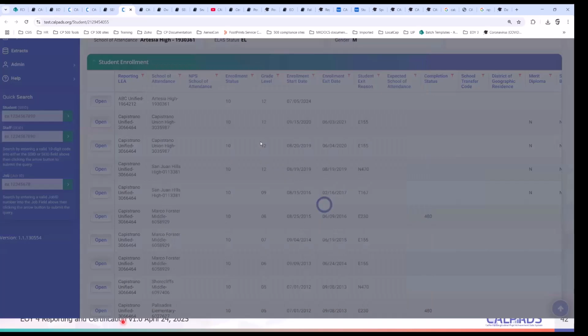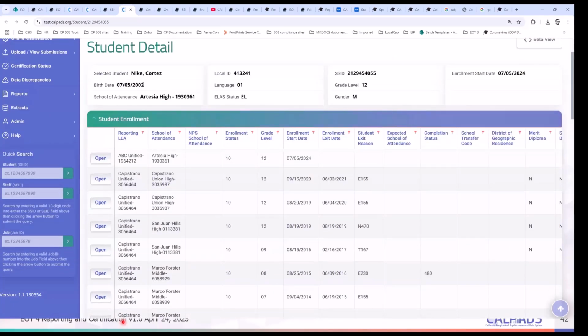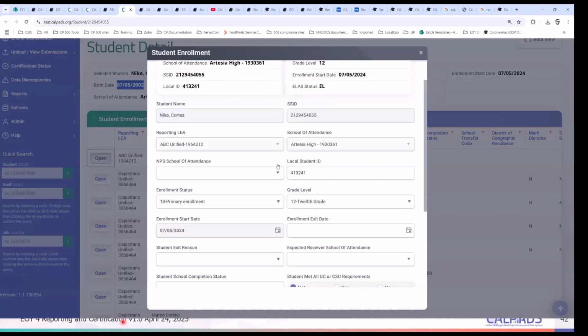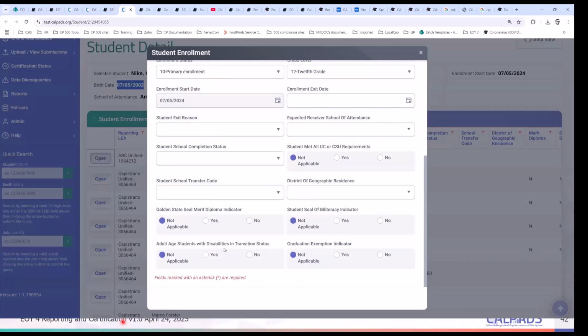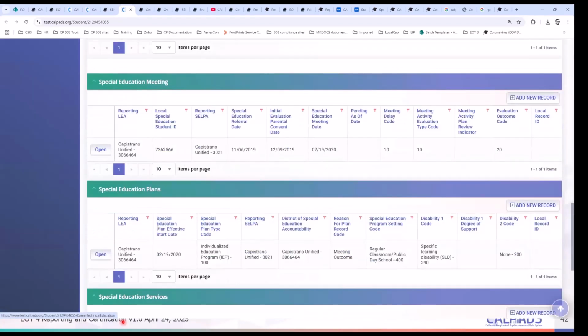Okay, so double checking the birth date, 2022, 2025, 22 years old. So basically the student is beyond 17, and so this student has to have that enrollment record transition indicator marked as a yes or no. If you're providing the services, then yes. If not, then no. Or again, it boils down to that SPED status.